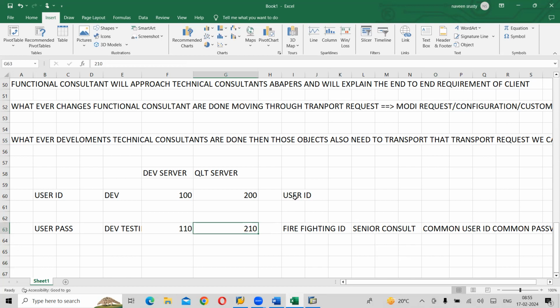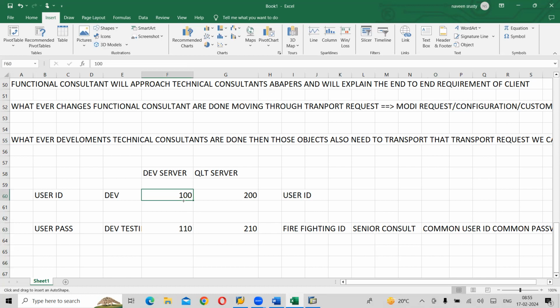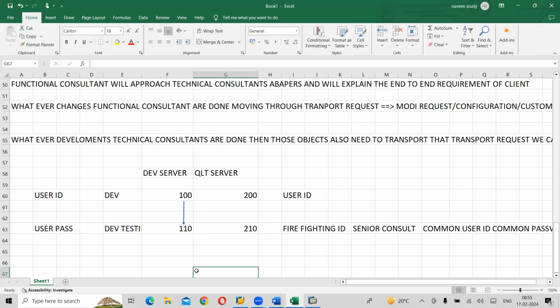How? So here what we need to do, for example, first we have developed the object in the development server, correct? Development server. Then the data needs to move from 100 client to 110 client for development testing. Okay, and everything is fine. Then this particular data needs to move from development server to quality client. So here this data will be moved